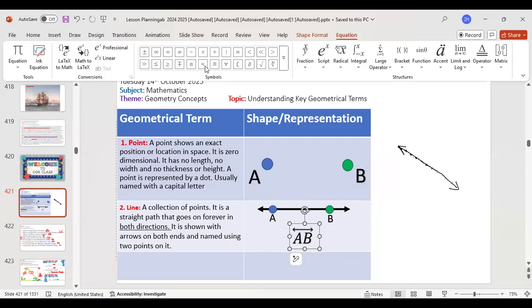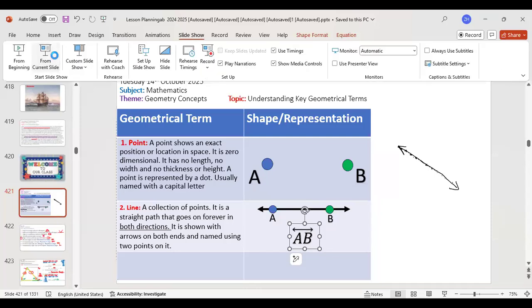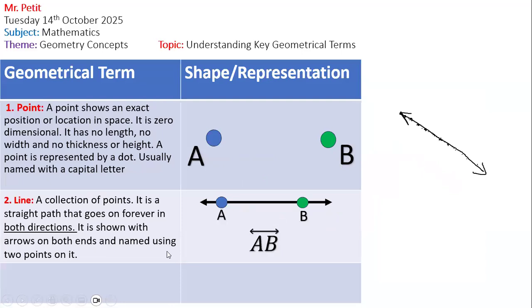Now, what is so important about this symbol and how we represent it? What could y'all tell me that is important about what we're doing here with this symbol? What do we put on top? What's on top of the symbol? That tells you a line. Very good. So we have the two arrows. That tells you, hey, we're dealing with line AB, because of these two points that are on the line.